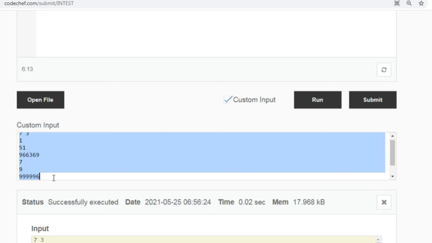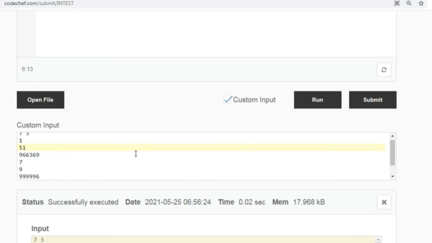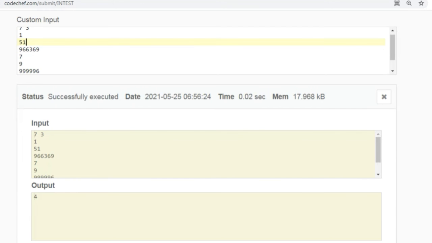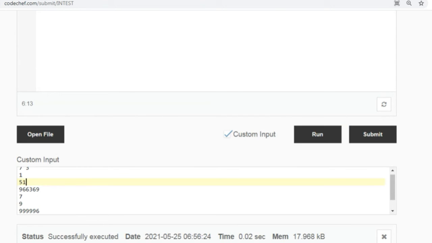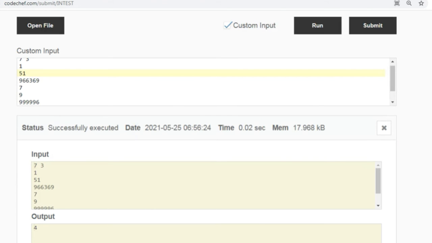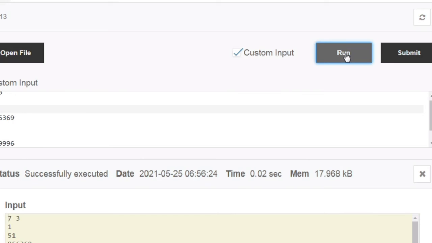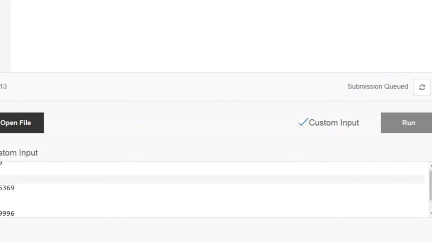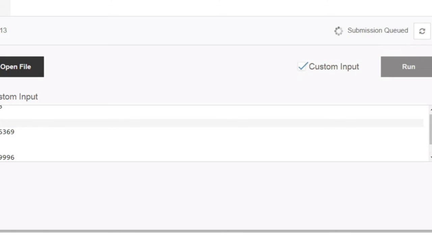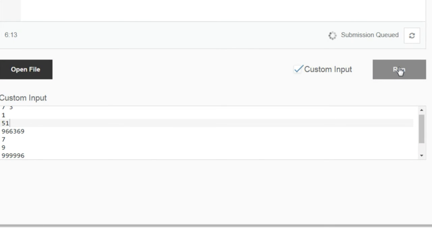Otherwise, you might get an error. When I was using different numbers, it was giving an error. So I followed the same numbers and it was successful. I've just run it once again to show you. You can see status successfully executed, and you can see the output as 4.